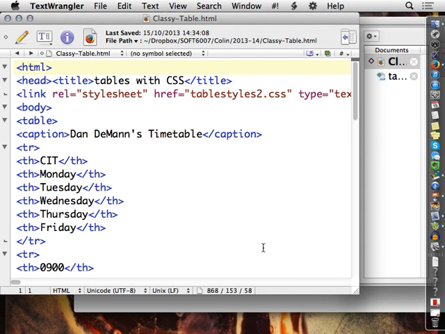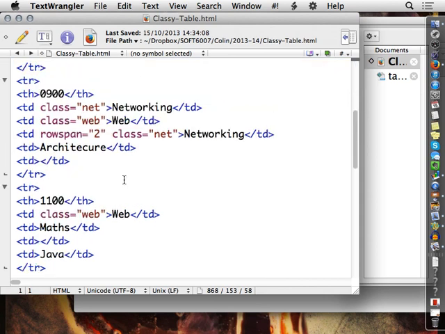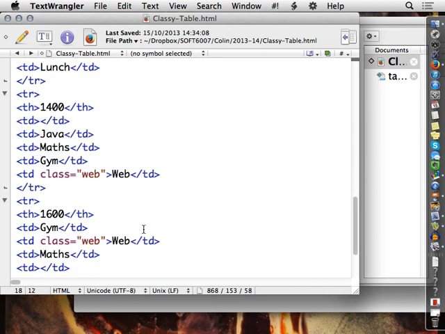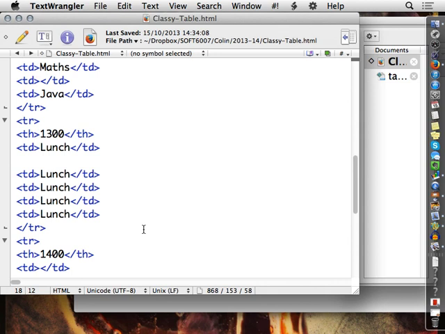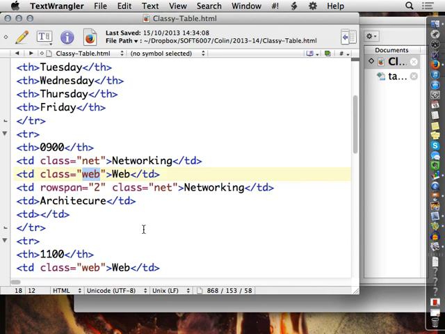It's an unfortunate choice of confusion. But so for networking, I've given it the class net. And for the web class, I've given it a class web. That's all I've done. So I gave the networking classes a class called net. And then inside the CSS,